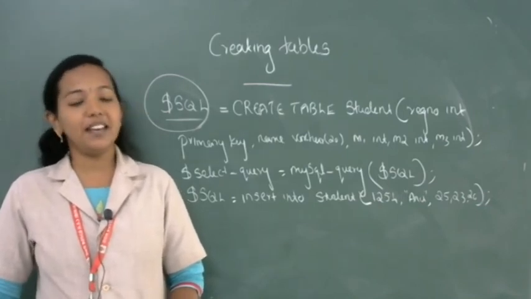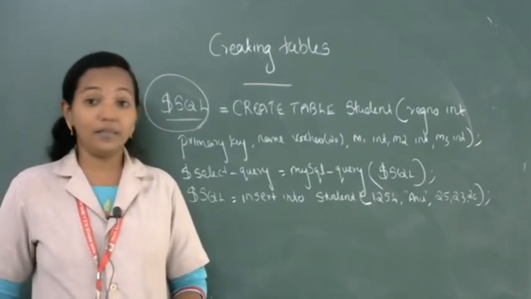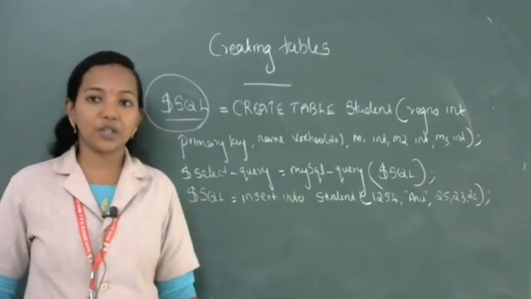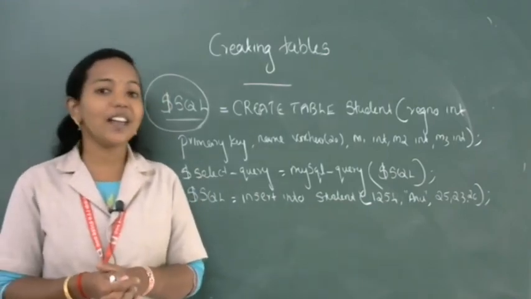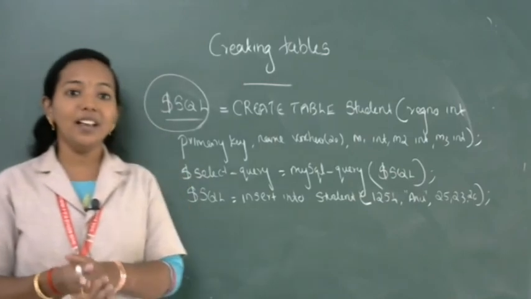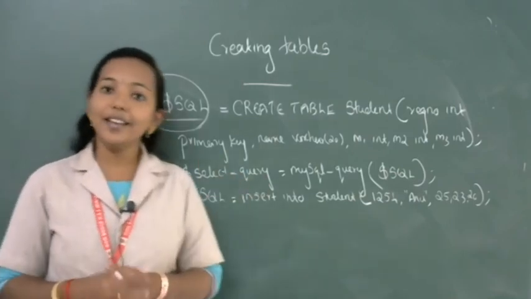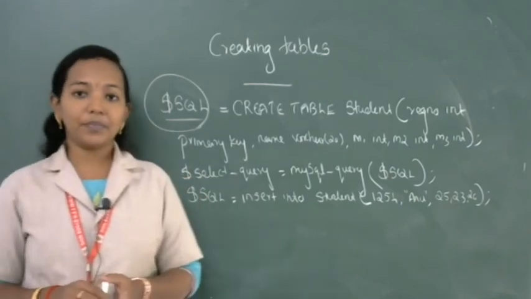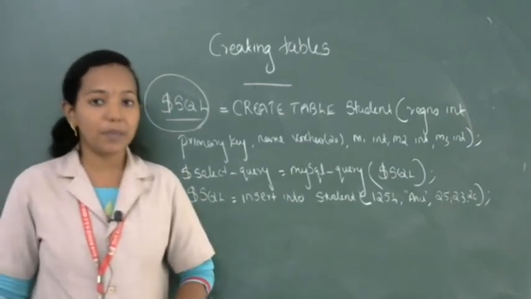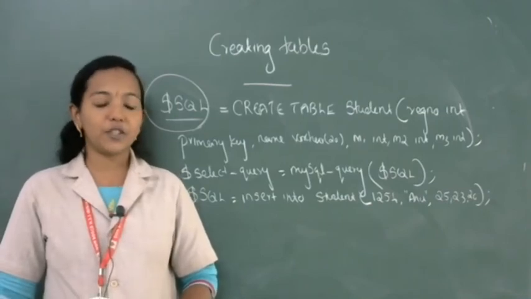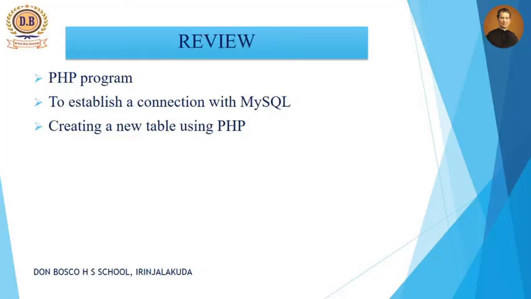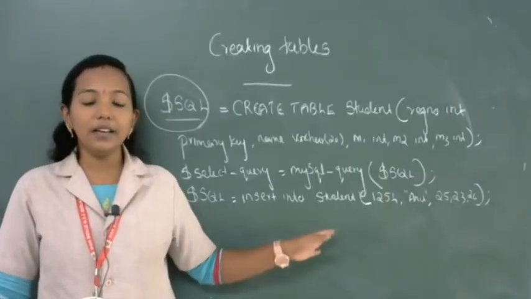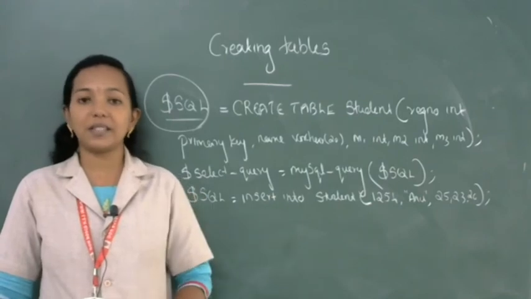So using PHP we can easily create a table using which function? The MySQL query function. You know the MySQL query function belongs to the third step, reading data from database. Reading data from database means we can insert data, delete data, and along with that create a table using PHP. So these are the important points from the PHP program: 3-tier architecture of PHP, how we establish a connection with PHP, then variable declaration of PHP. All these we included in this video section. It's very important.